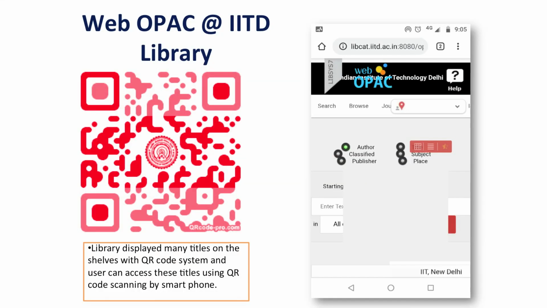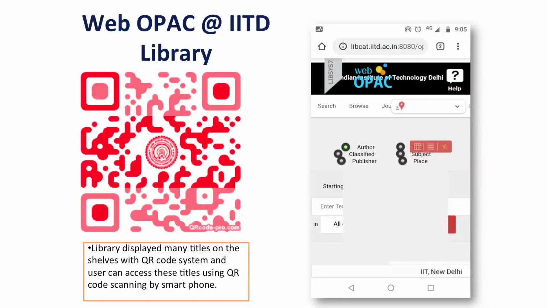Another example is that libraries have different kinds of services, for example the online public access catalog. Many times users find it very difficult to find this link on the website. So, you can provide a particular QR code for searching the OPAC of a particular library.